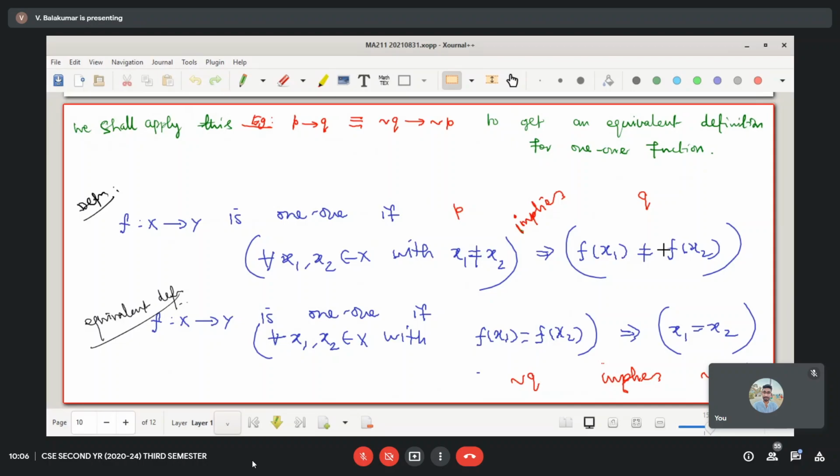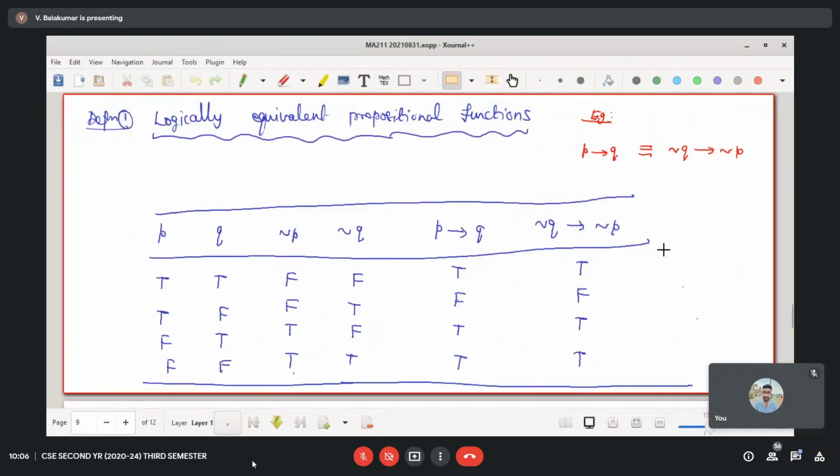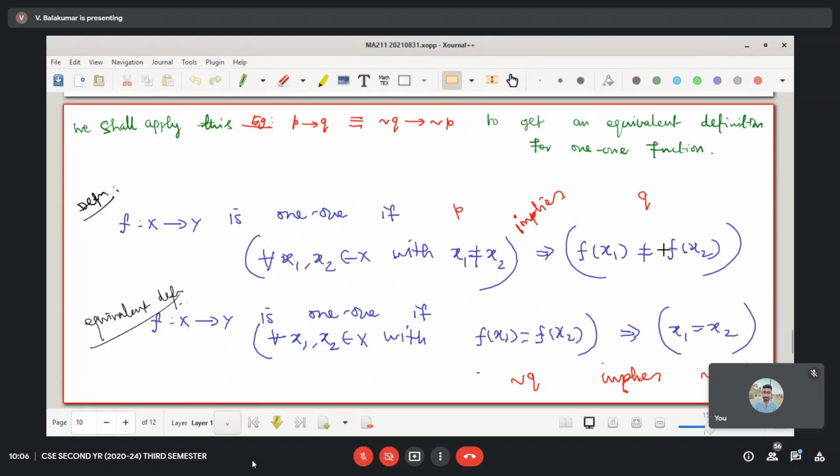Whatever is in blue color, we have already discussed, we have already applied. Now we are justifying why it is correct. There are two definitions in blue color, both are equivalent to each other. Reason is that we have seen this truth table and we established that two expressions are equivalent. The same happens here. This is just application of that propositional theory.